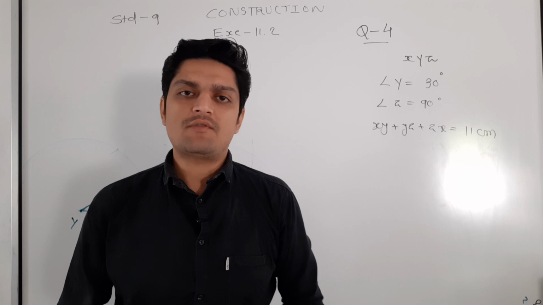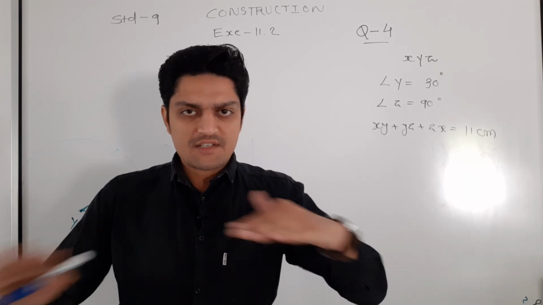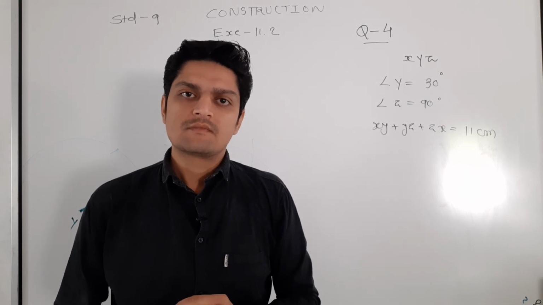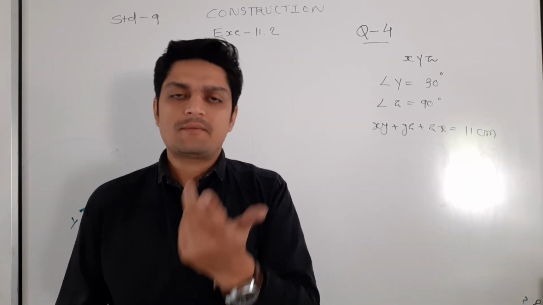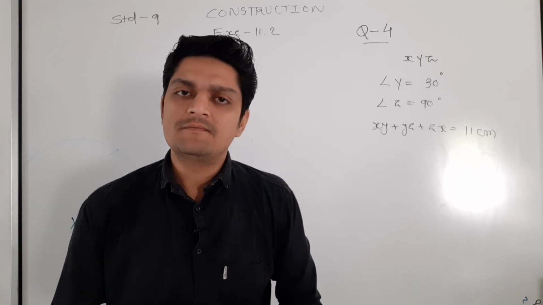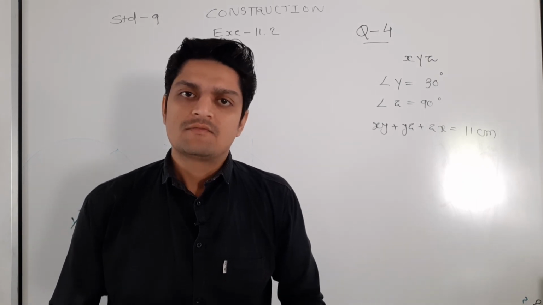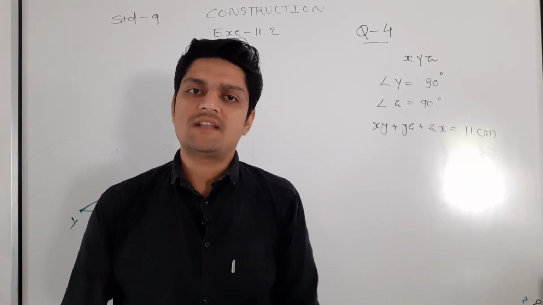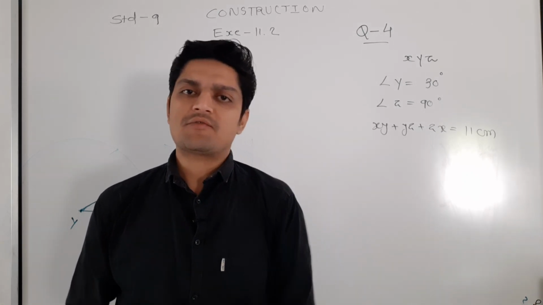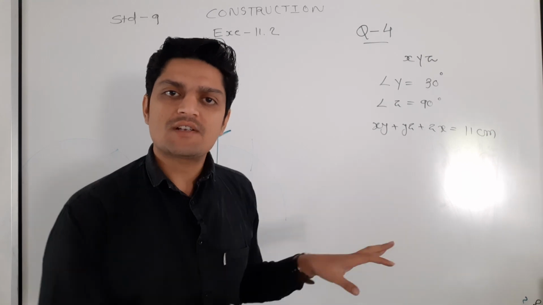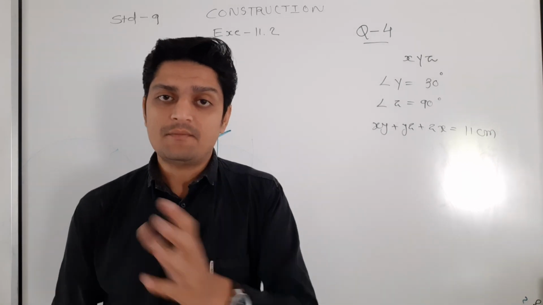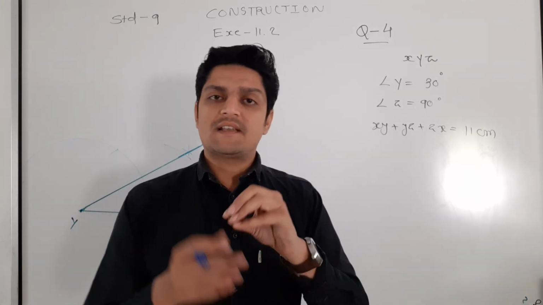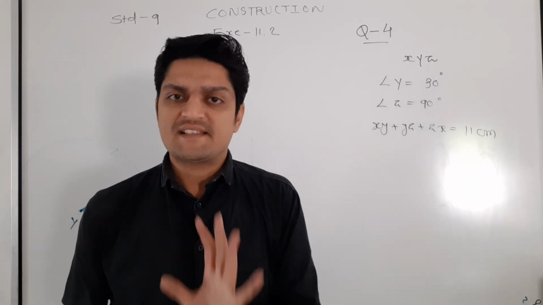See, in the first question what we have done? We drew the base, then we drew the angle. Then the length that was given in the question, we took that length, and we joined it with the other end and bisector, and with the bisector we joined the other points. In the same way we did the second question also, and in this question also we will do the same thing. We will repeat the same procedure. This all depends totally on bisector.